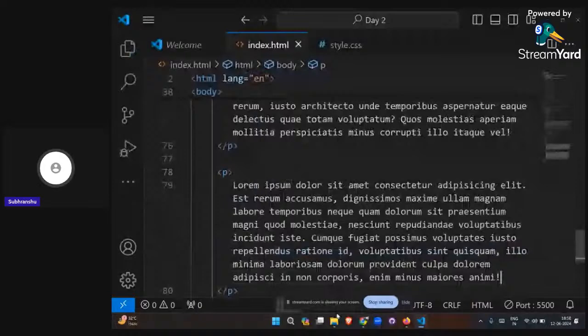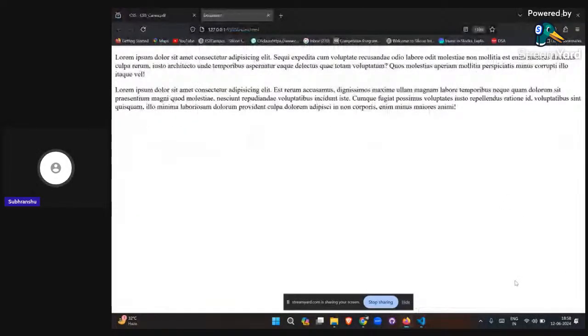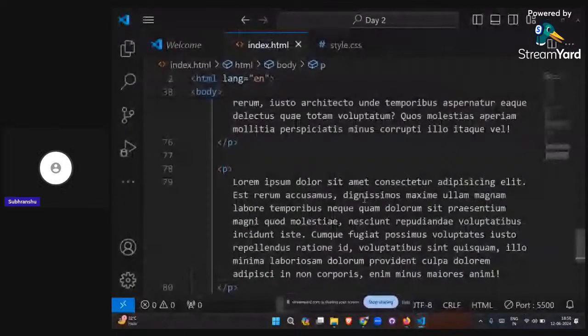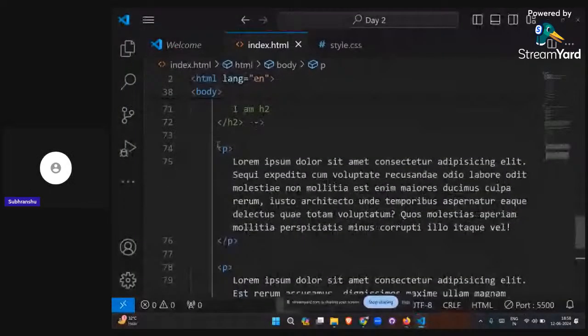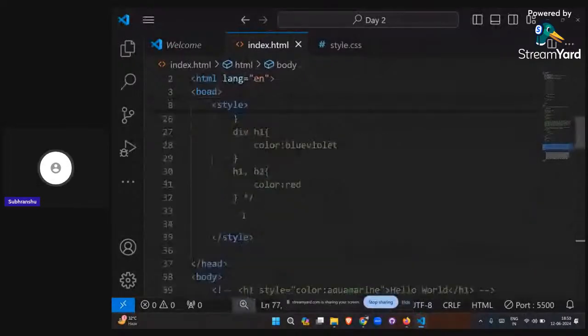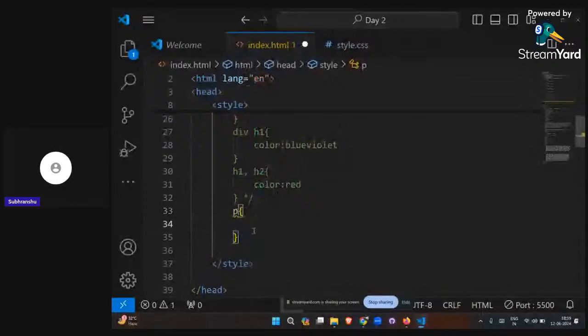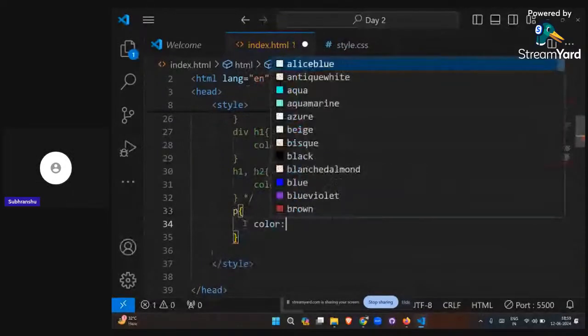Yes, looking like this. I need to give a background color to this. So for giving a background color, first you have to choose for which one I have to give the background color. For example, this is the paragraph. So for that paragraph tag, it is an element selector. So for selecting an element, I need to write the tag name only. Okay. Then inside that, I'll write color equals to